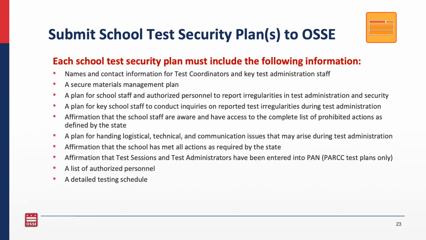Each school's test security plan must include the following information: names and contact information for test coordinators and key test administration staff, a secure materials management plan, a plan for school staff and authorized personnel to report irregularities in test administration and security, a plan for school staff to conduct inquiries on reported test irregularities during test administration, an affirmation that school staff are aware and have access to the complete list of prohibitive actions, a plan for handling logistical, technical, and communication issues that may arise during test administration,